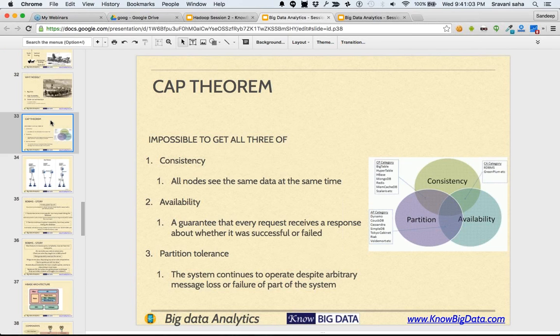Third is partition tolerance. Partition tolerance means in case some of your machines go down. It is about partitioning of your network. What does partitioning of the network mean? In case your network has some nodes that are going down, or some nodes that are getting disconnected from the rest of the nodes, that's partitioning. How partition tolerant is your system? No system in the world can guarantee partition tolerance along with the other properties. So these are the three things.